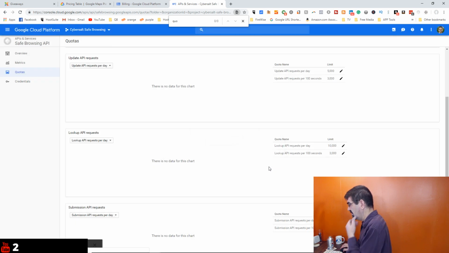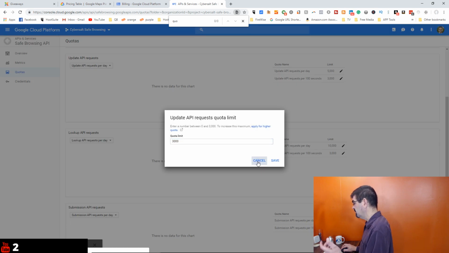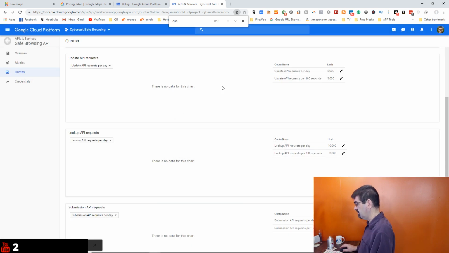And then also API update API requests per 100 seconds, 3,000. I mean, I don't use this. Obviously, I have no usage of it right now. But I just wanted to sort of alert you to that general area, because you can go in and figure this out yourself, as I have to figure it out as this comes up. You want to set a quota on the use for the different API requests, your update request, lookup, submission, and